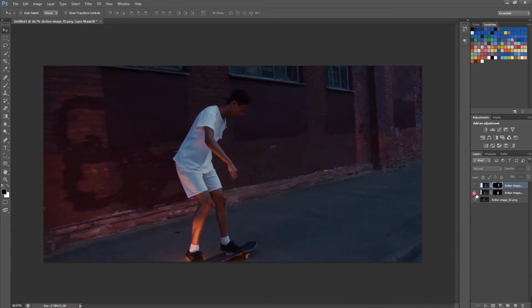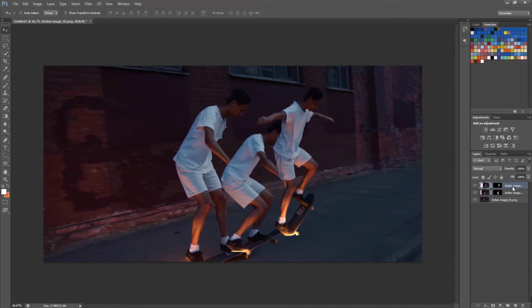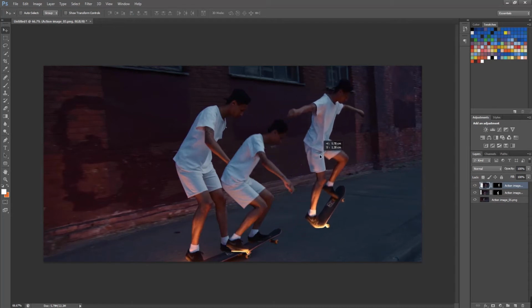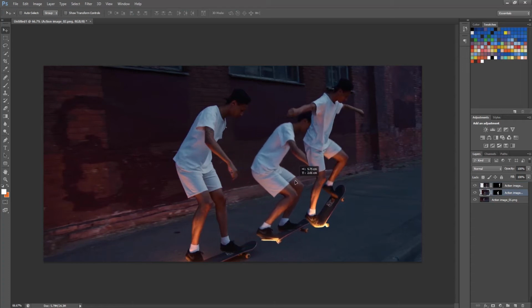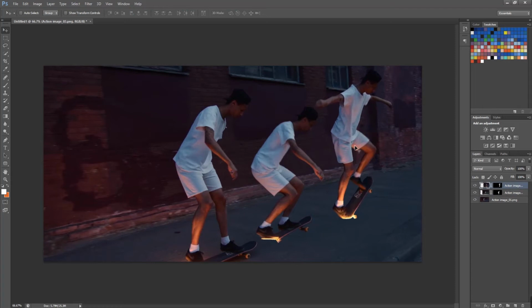Now we have two separate images of the man with skateboard. Guys, by default the positioning of these images is too close, so I will adjust the position of the images as per my requirement so that I can give the images some breathing space. But this part is optional. It's up to you whether you do it or not.